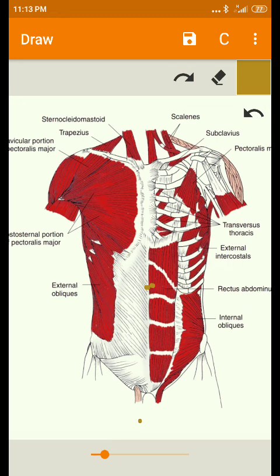So these two changes prepare the entire respiratory system for the next inspiration,